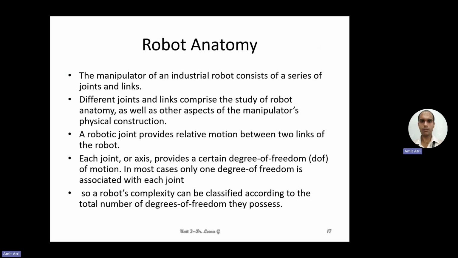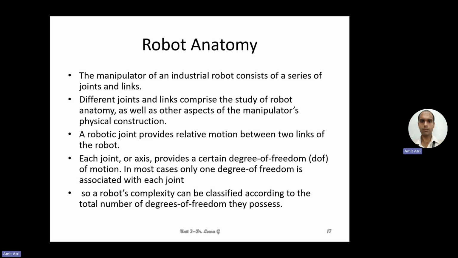Today we will discuss robot anatomy, the manipulator of an industrial robot. So manipulator here basically we are addressing autonomous manipulator. Okay, so the initial applications of industrial usage. Referencing from there, that type of robot consists of a series of joints and links. So different joints and links comprise the study of robot anatomy as well as other aspects of the manipulator's